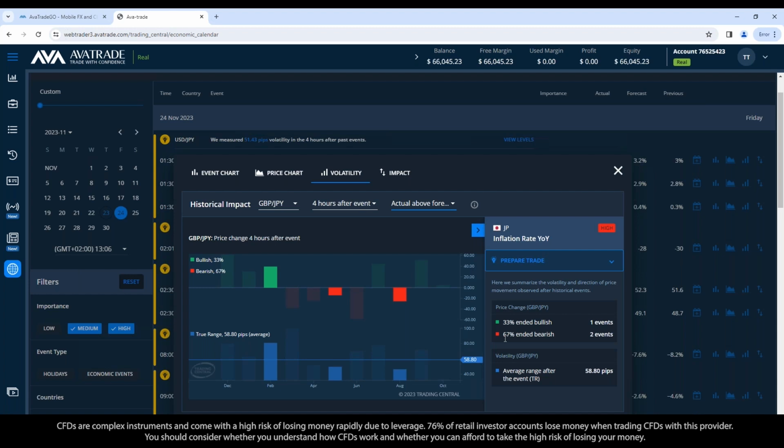And so 2/3 of the time, approximately, we see the yen pull the pound down in the 4 hours following the announcement if these numbers come in above forecast. And so we can even see the range movement, nearly 60 pips, 58.8 pips. And you can check and say, okay, so it looks like the majority of the time it went down, but that's after the numbers came in. What good does that do me?